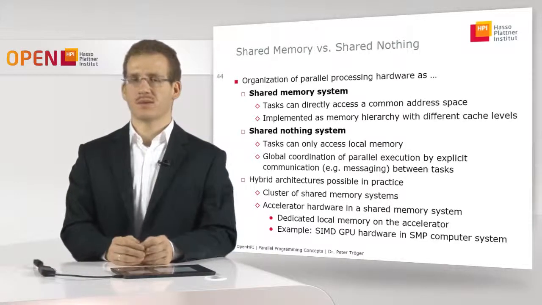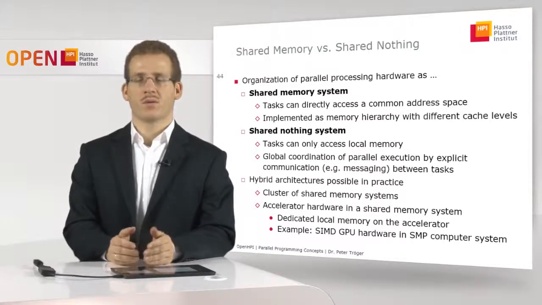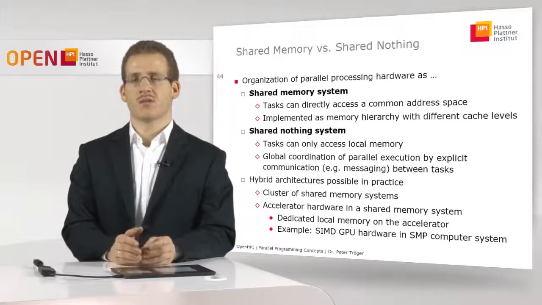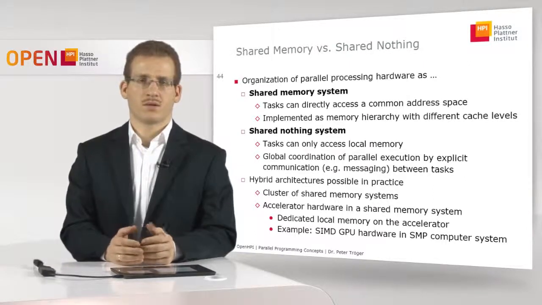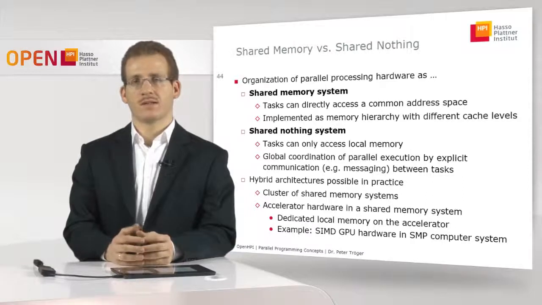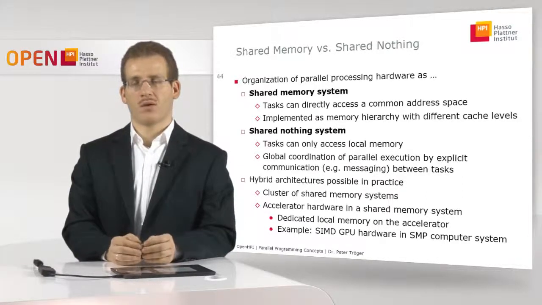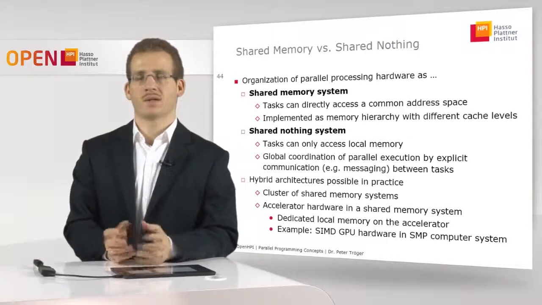So you have shared memory systems with multiple cores or even multiple processors. They form a machine, and these machines are now combined into a larger computational cluster in order to run some parallel software. So you can see this as a way of how this general classification then maps to reality by having intermixed